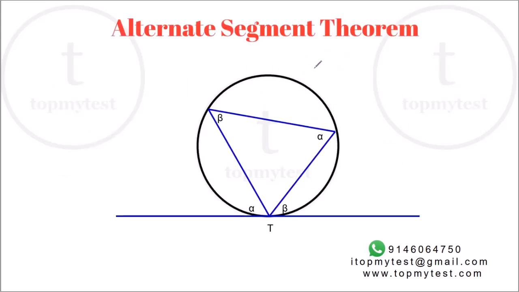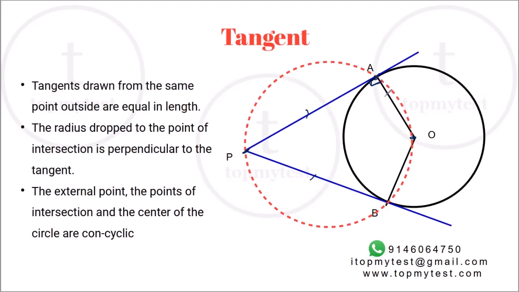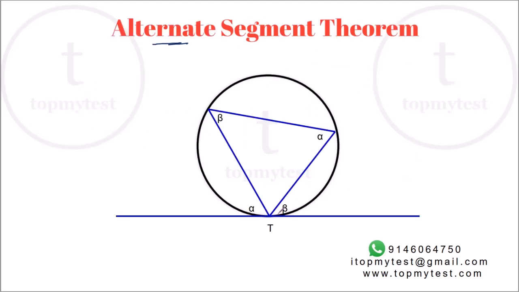And the last theorem, which is pretty useful when it comes to tangents, is what is called the alternate segment theorem. So if you have a chord dropped at a point of intersection, in the previous case we had dropped a radius to the point of intersection. Now if you draw a chord from the point of intersection to the circle, whatever is the angle subtended by the chord onto the tangent, the same will be the angle in the alternate segment. Similarly, this is another chord.